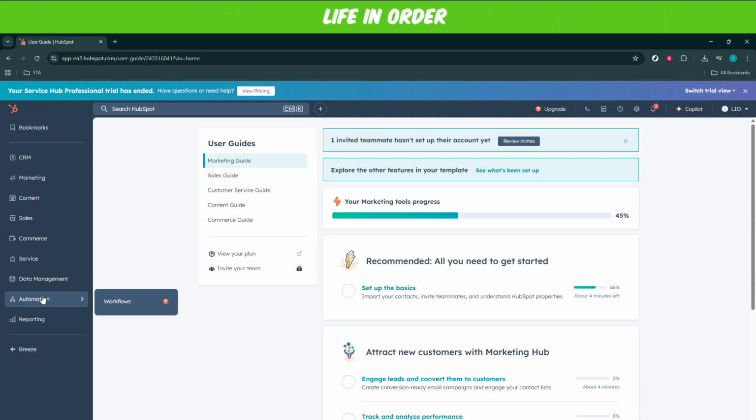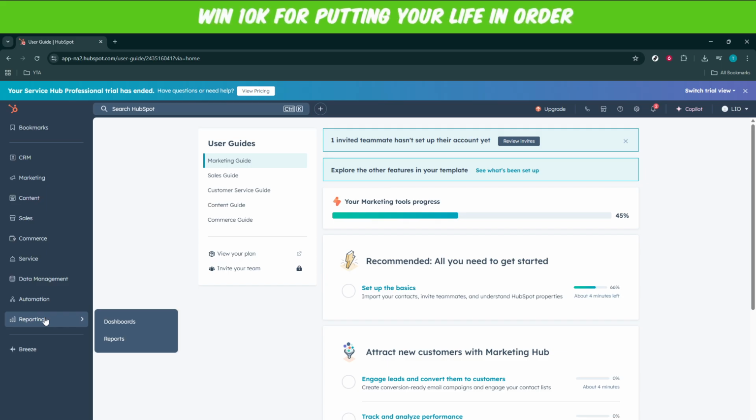Finally, explore the reporting section. This is where you gain insights into how your business is performing. Understanding your analytics is crucial to driving growth and making informed decisions, and there you have it, a comprehensive guide